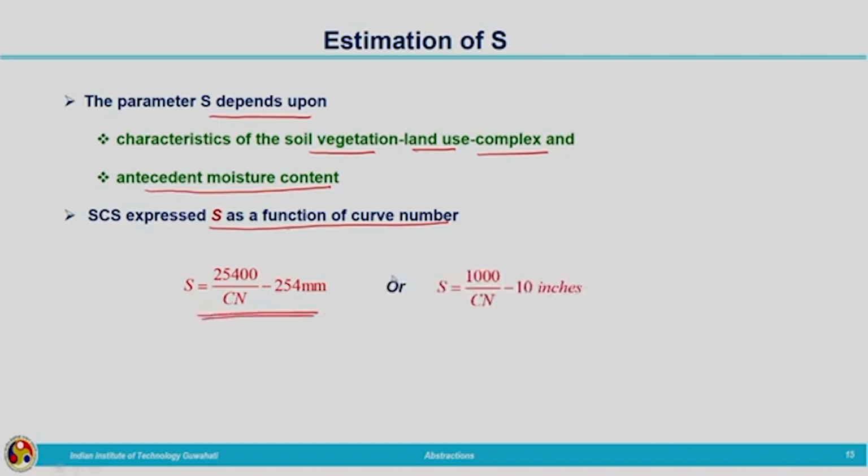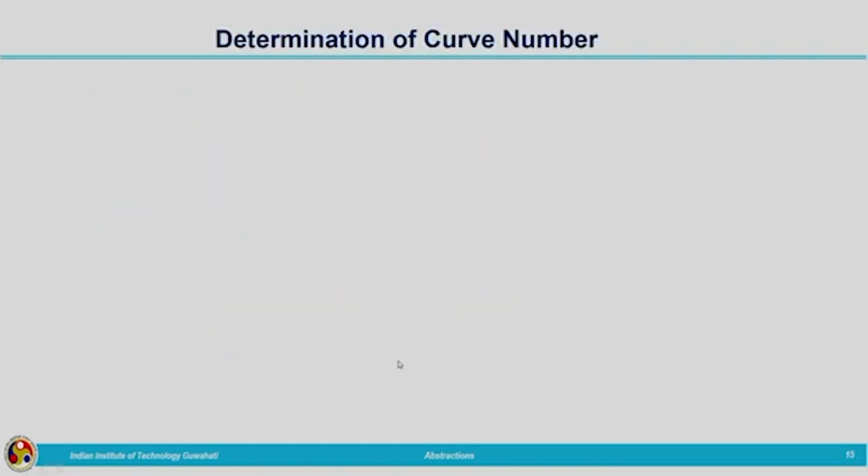If it is in inches, it can be written as 1000 divided by Cn minus 10 inches. So, this Cn is the dimensionless curve number. Now, how to determine this curve number? Initially, we were having problem with initial abstraction. There we have found out a relationship between initial abstraction and the maximum or the potential retention. After that, now S is related to a dimensionless curve number. Now, everything in terms of curve number we can write, but how to determine this curve number, that is the